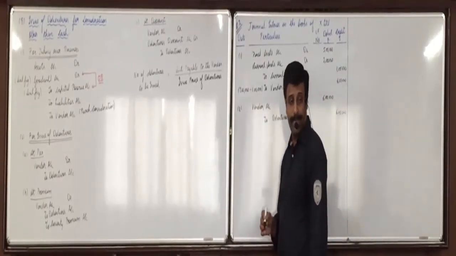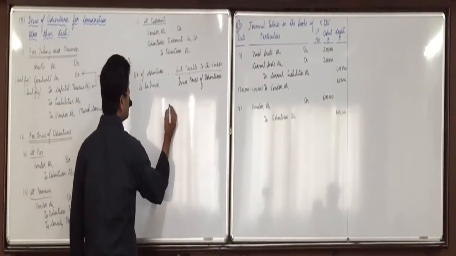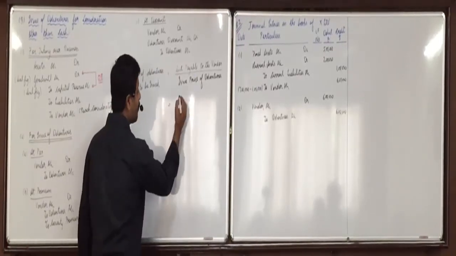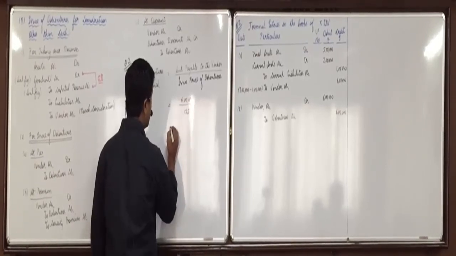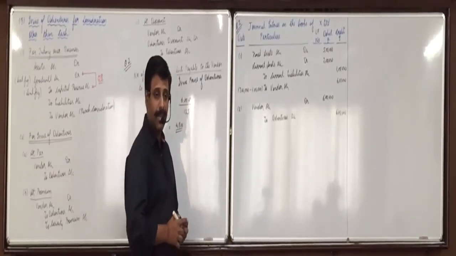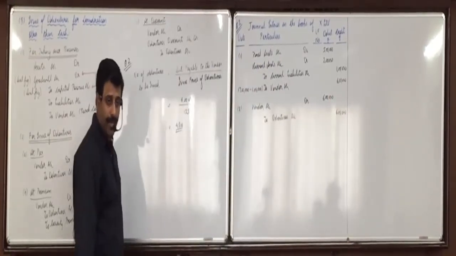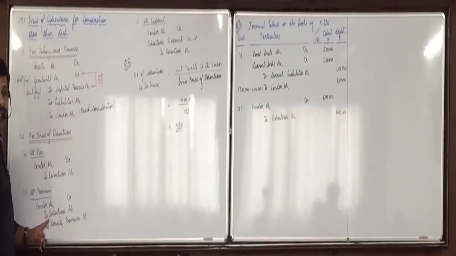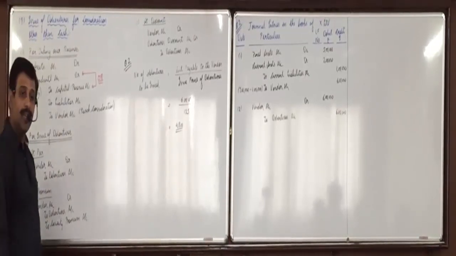And for the second part, they ask to calculate the number of debentures. What is the amount payable to the vendor? 6 lakhs. And what is the issue price if 25% premium is there? 125, so 4800 debentures. Entry is not asked, but if the entry was asked, then you have the vendor account debit with the full amount 6 lakhs. Any confusion? Debentures 4800 into 100 face value, 4,80,000, and to securities premium, 4800 into 25. Premium is 25 rupees.